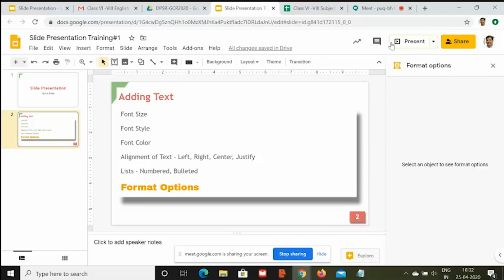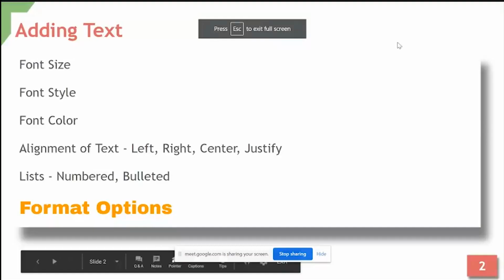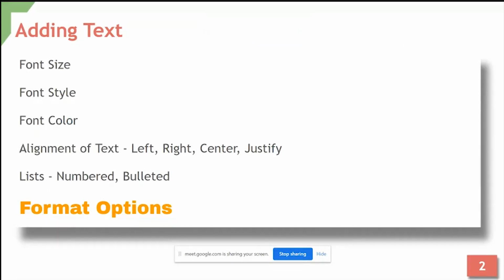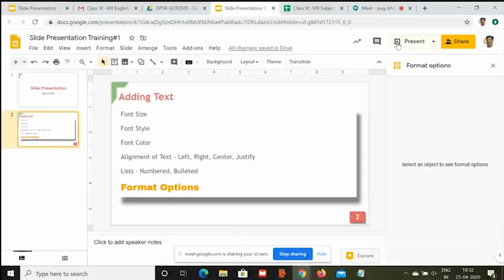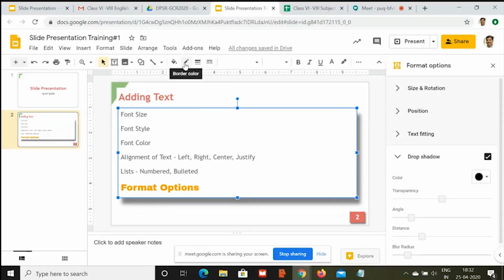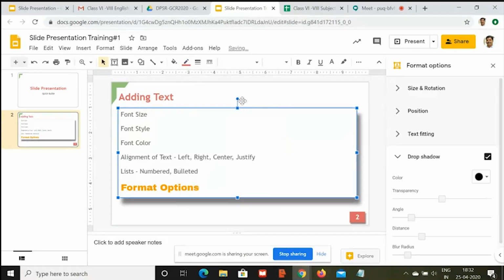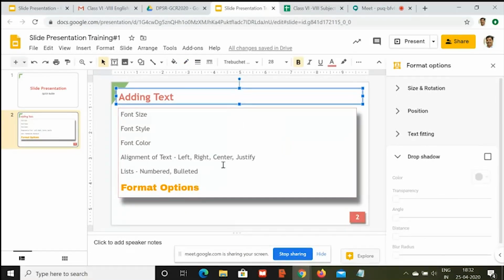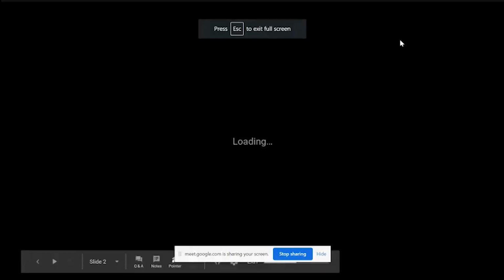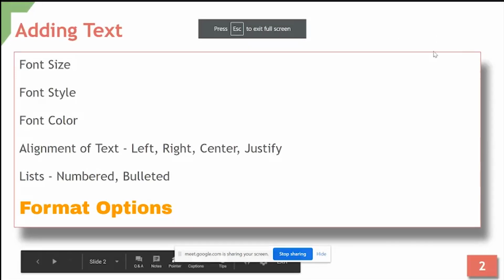If I present it now, you can see the effect is going to be like this. And as you see, the top line and side line are not visible. If you think that, as a design part, you want that to appear, then you simply select this text box once again and change the color of the line, so that it will start showing up the boundary, right? Now if I go to present, you will see the impact. You see the top line is visible, the side line is visible, and at the bottom there is a 3D effect of the text box.